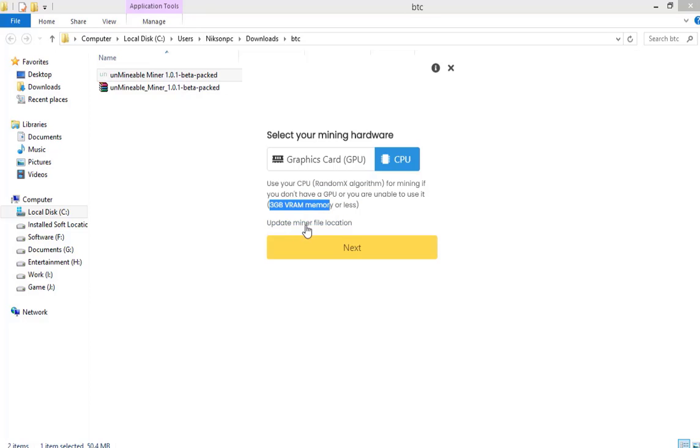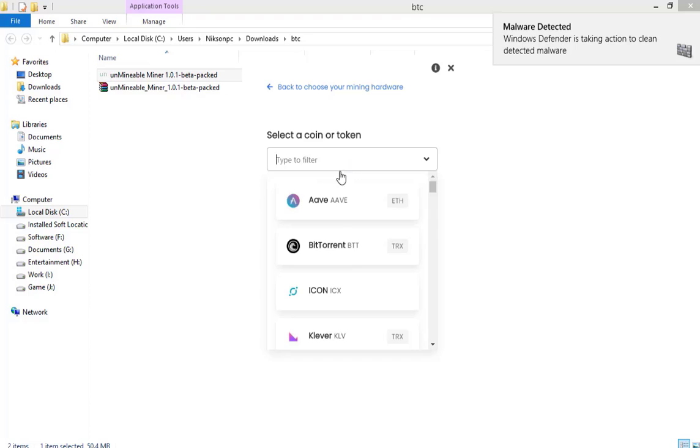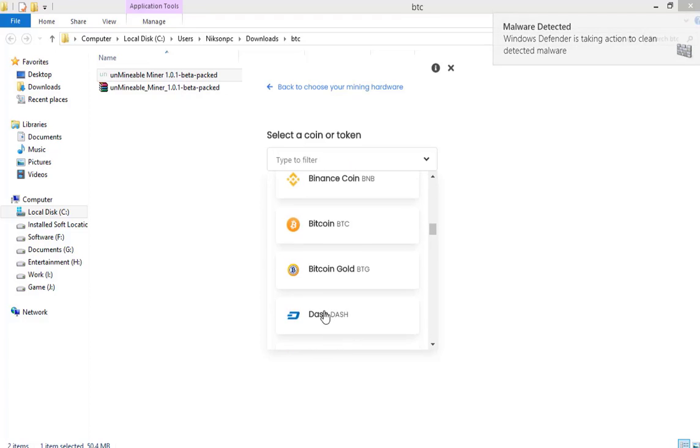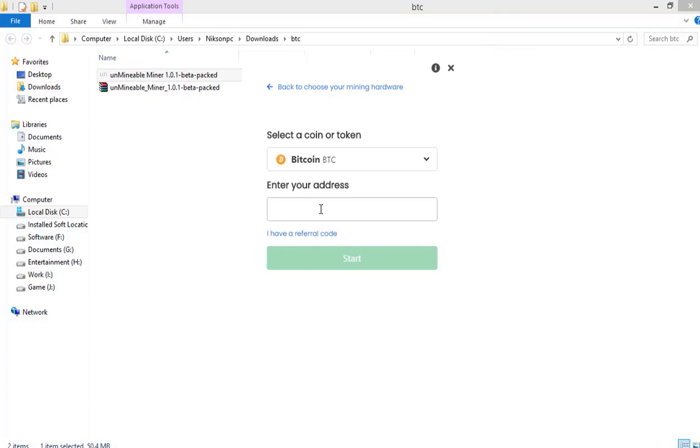After that, when you start your mining, you have to choose what coin you want to earn. Here for myself, I am going to show you Bitcoin. So select BTC, type here your Blockchain or Coinbase account wallet address and click on start.